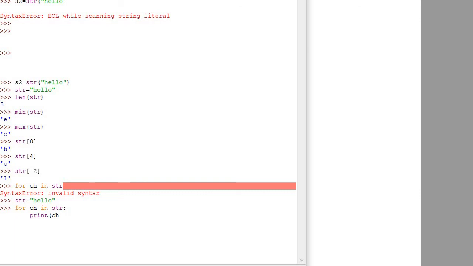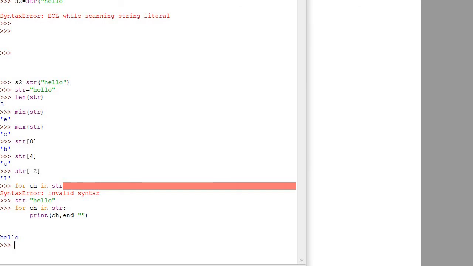Now I hope it's visible to you all. Now we will use and. Okay, just write down and then double inverted comma. Now it will give you hello. It will traverse all the characters present here.